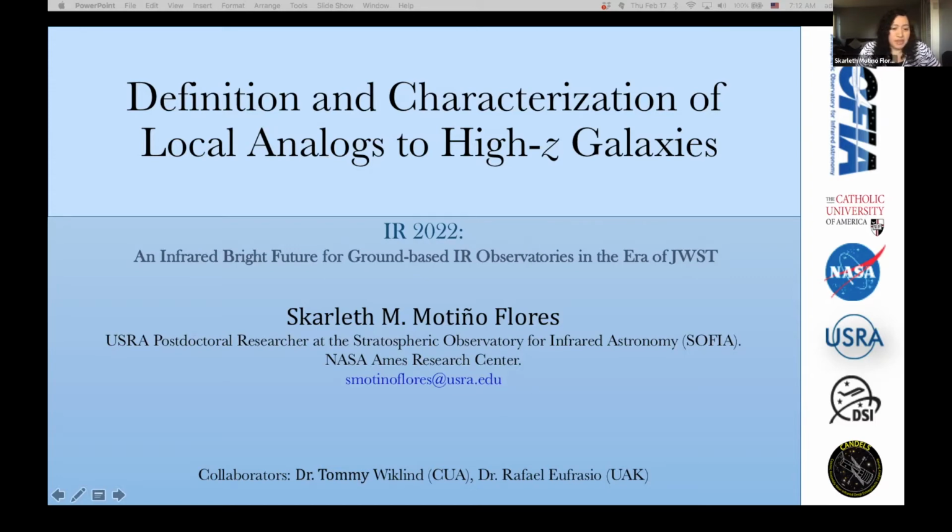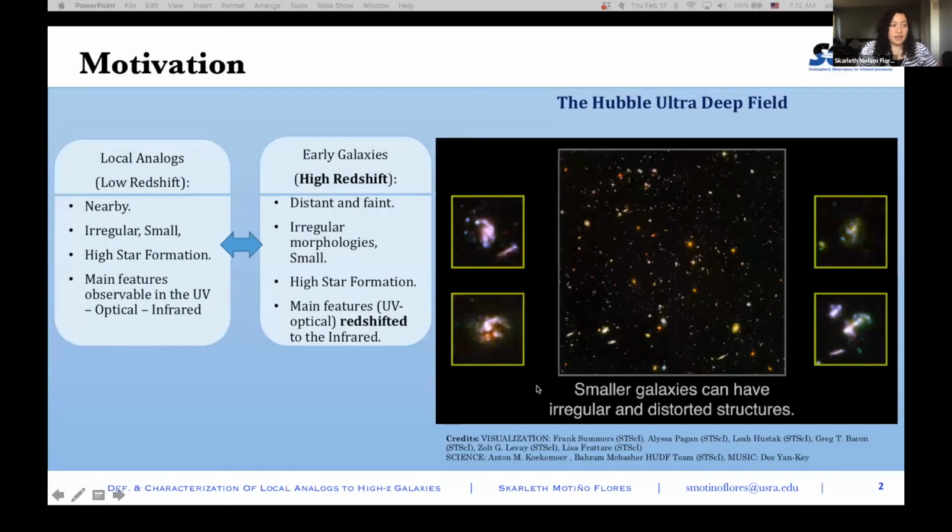This work was done in collaboration with Dr. Tommy Wicklen and Dr. Rafael Eufrasio. So the motivation, basically, as we know, is that one of the aims of observing galaxies is to understand the